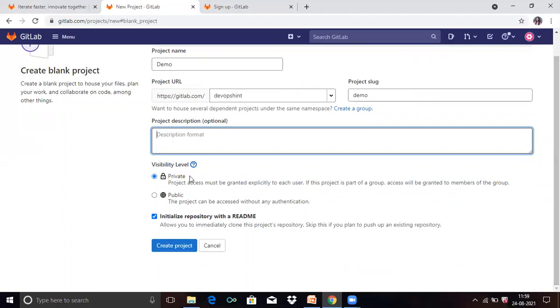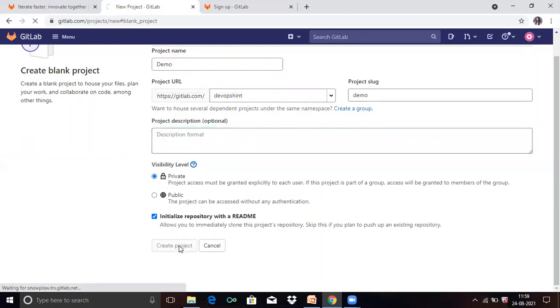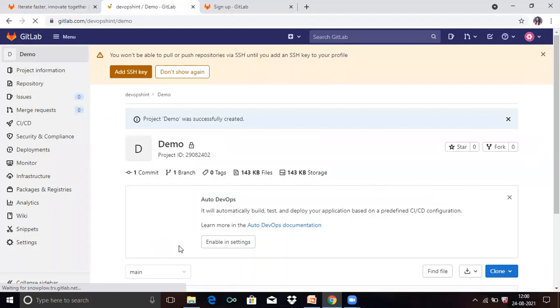Next, visibility level. Here you can keep it private or public. So now I'm keeping it private. Then click on create project. So now you can see here the project has been created successfully.